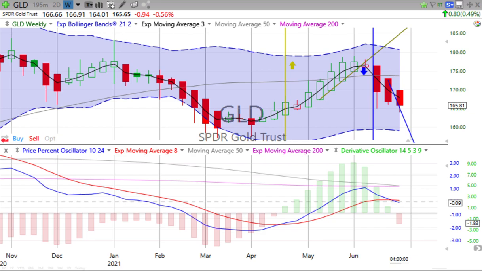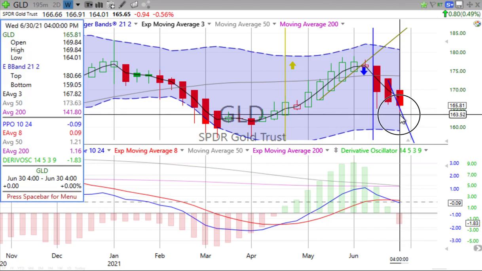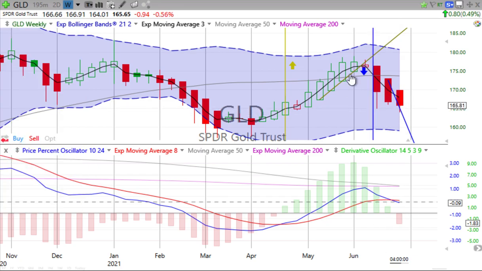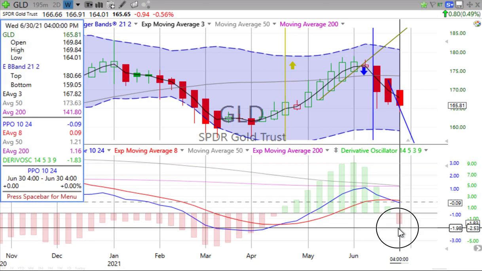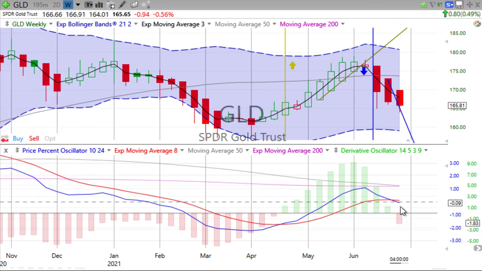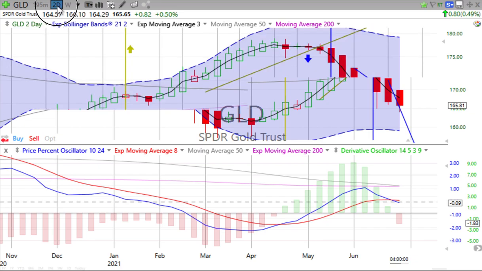Up 0.49% after a hefty week, pushing down, hitting the most recent lower lows, of course, after gold peaked a few weeks ago. Like I said at the beginning of the program, we might have a weekly vertical crossover going down on Friday, so be ready for a potential put practice trade for those of you who are interested in learning how to track and practice trade gold. Price percent oscillator, like I said, trying to cross over. Derivative oscillator gone negative. Unless there's a couple of big up days in gold, probably going to have that happen.